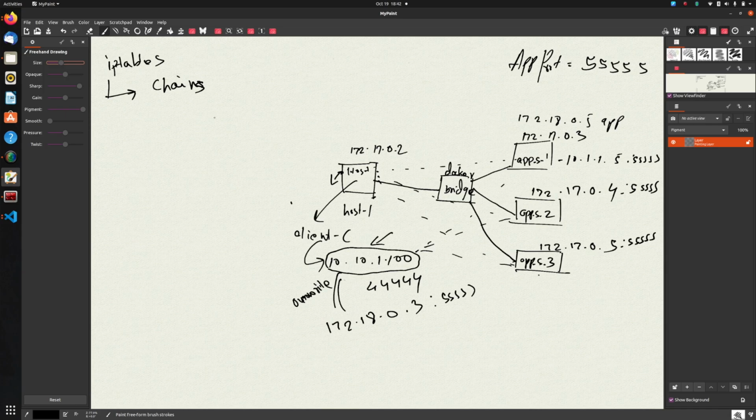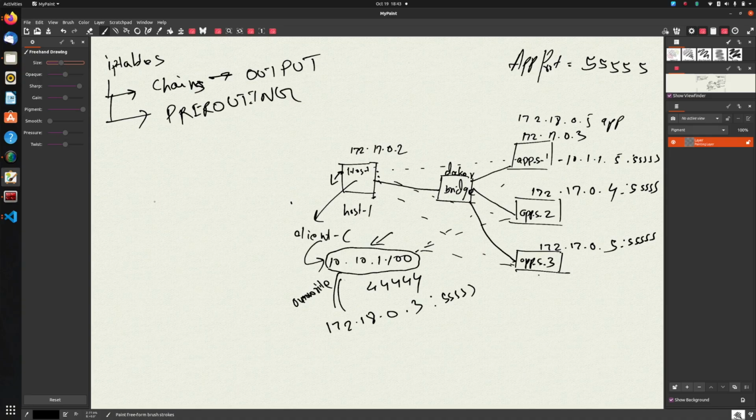The chain that we will be interested in, actually the only chain in this case, is output, the output chain. The packet gets thrown into this chain when it's being generated inside a box, right? This is completely different for a packet which comes to your host. In that case, the chain that it's first thrown into is something called pre-routing, where the kernel takes the decision whether the packet is destined for this host or not, right? And then there is the input chain, there is the post-routing chain, and those kinds of things.